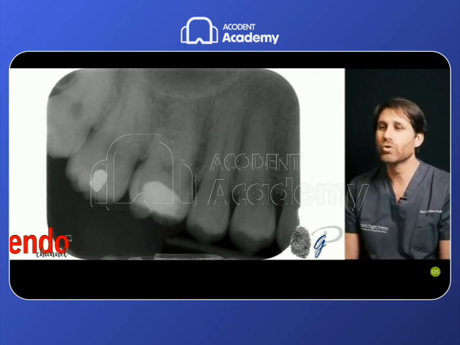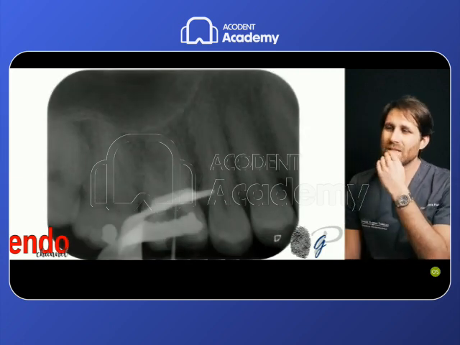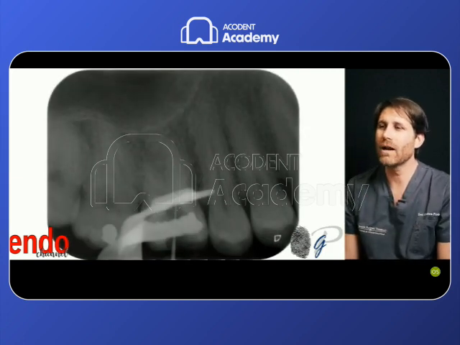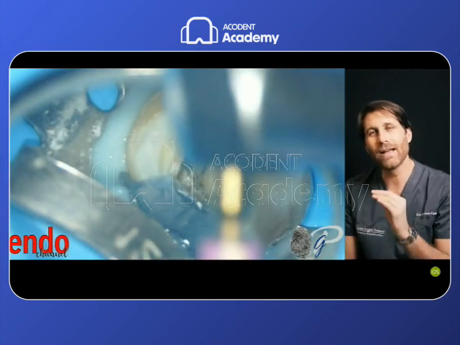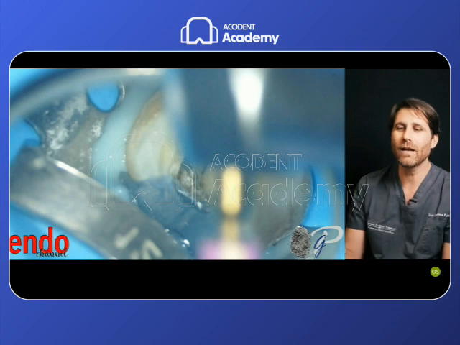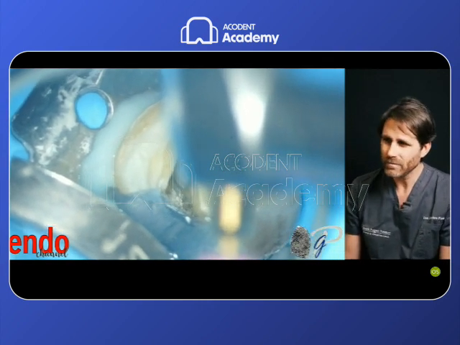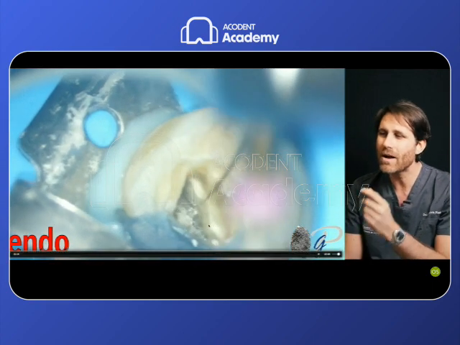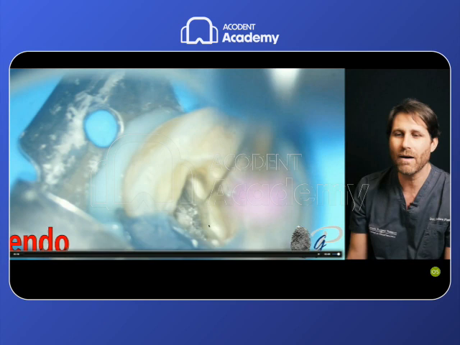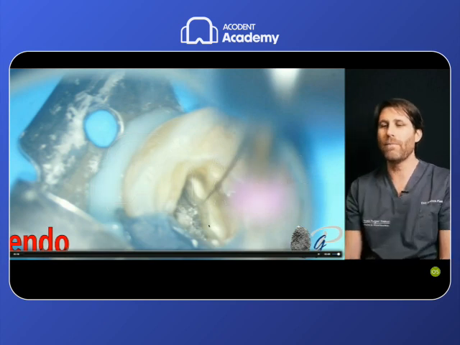Let's have a look at another case solved with an approach again using multiple files to solve this situation. The MB1 root canal was scouted while the MB2 root canal was impossible to scout. I started in this case, as I always do, with the file that I consider less effective, the WaveOne Gold Glider, trying to scout the MB2 root canal, but look how soft it is, how much it bends. It bends very much, and it does not have the power to penetrate this impenetrable root canal.